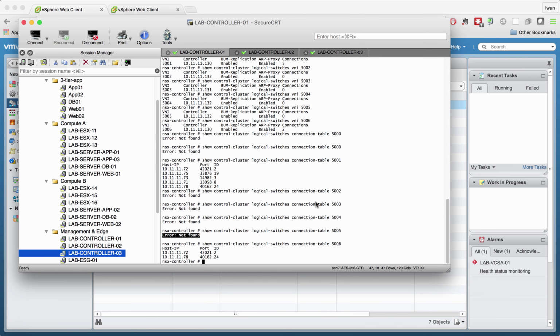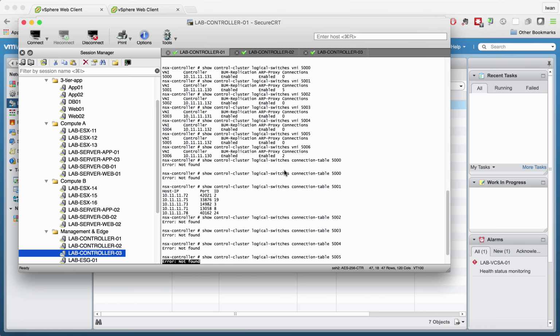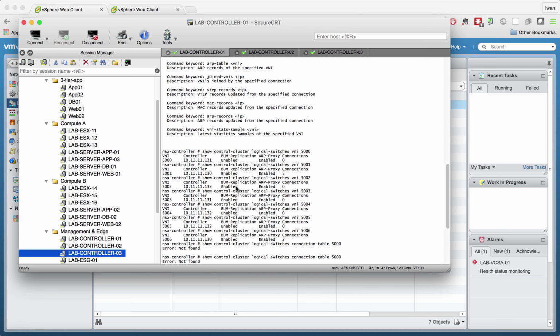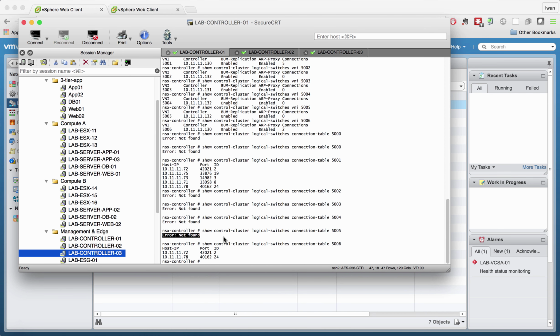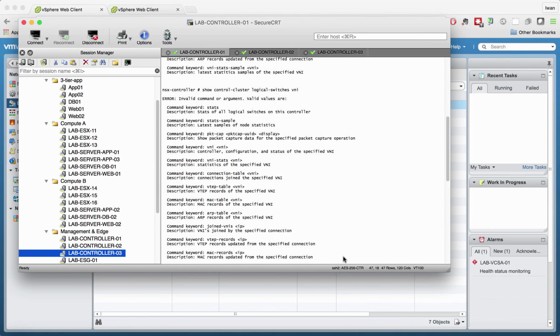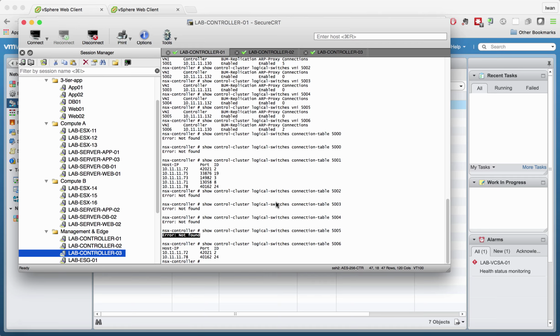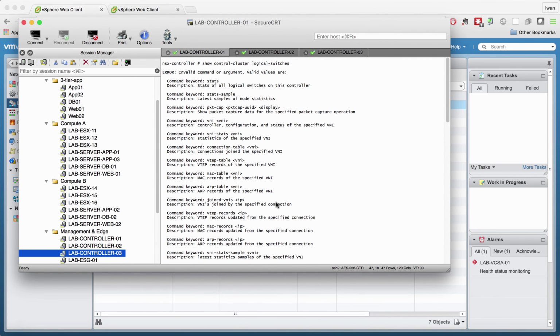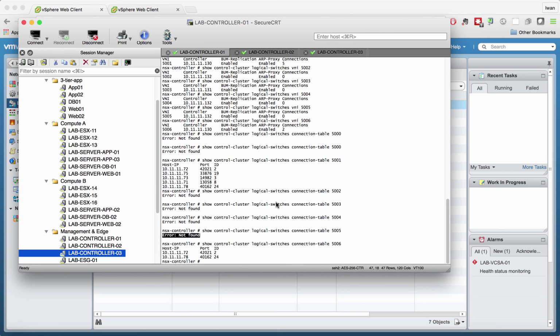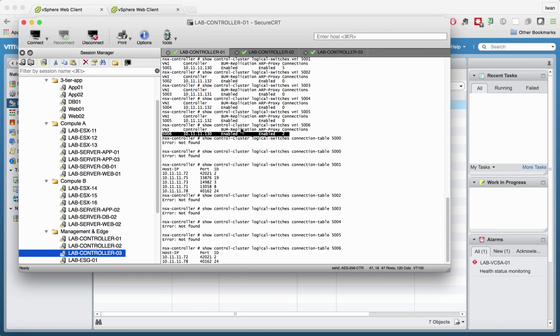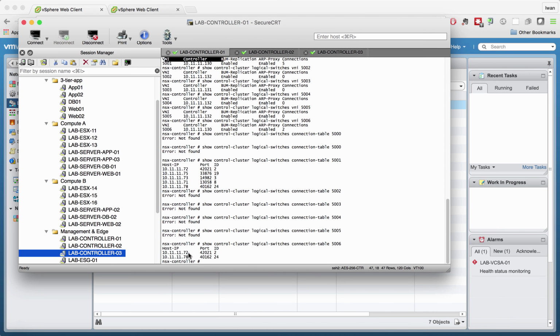But that's correct because we just saw, because I'm currently on this controller here, so this controller is only responsible for 5001 and 5006. Was that correct? Let me scroll back. Yeah, 5006 and 5001. So if you want to have information regarding on what hosts the other VNIs exist, for